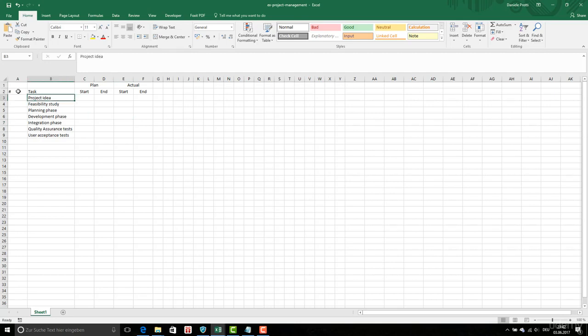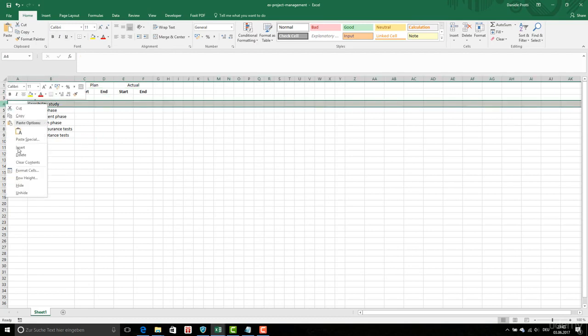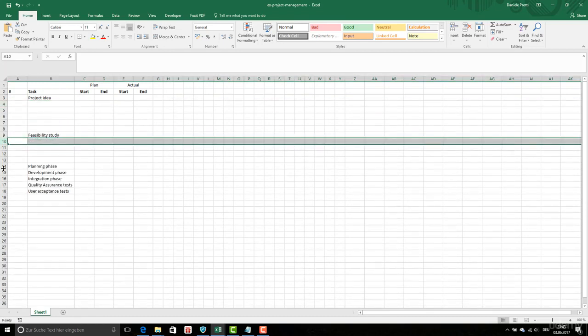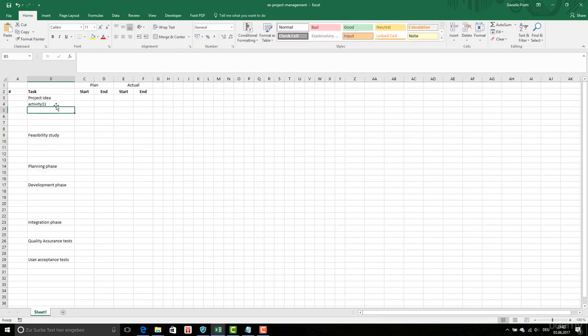Now that we have this part, I want to go into details because these are phases. I want to also include the activities. One, okay. So project idea is 1, feasibility study is 2, plan phase is 3, this is 4, this is